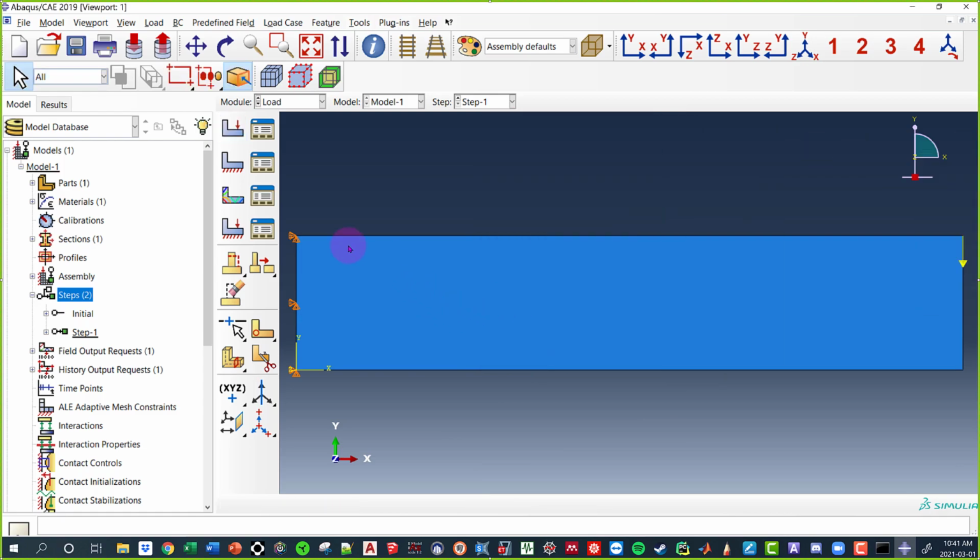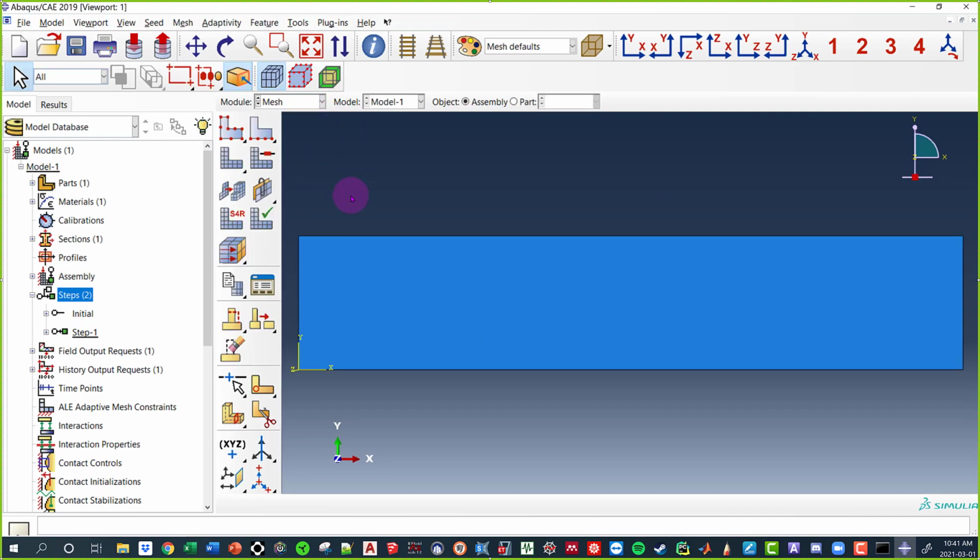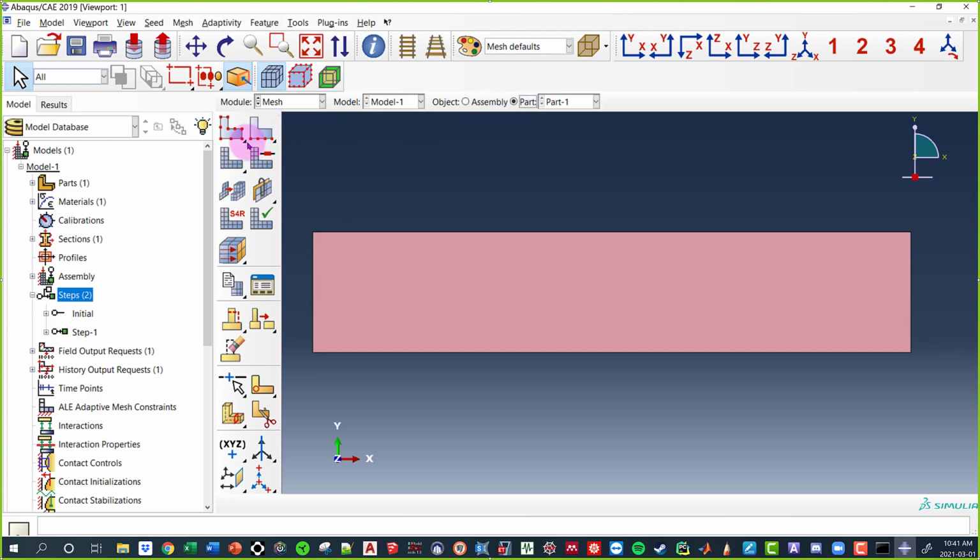So what I'm going to do is go to the mesh size. Now, another thing I want to show you guys too, and I realized I didn't show you this, is how do you do a triangular mesh? Well, to do a triangular mesh, you go to this button right here, Assign Mesh Controls.